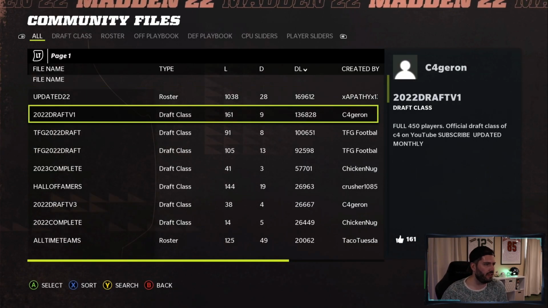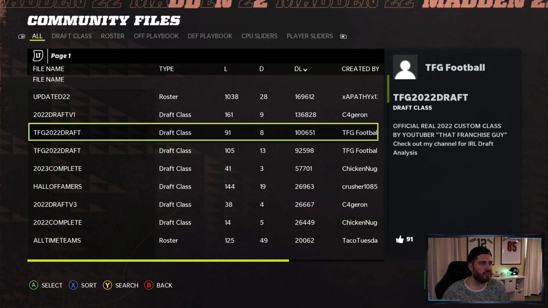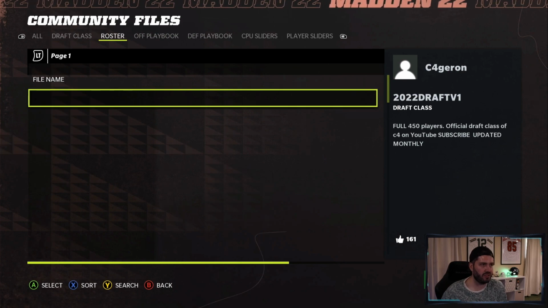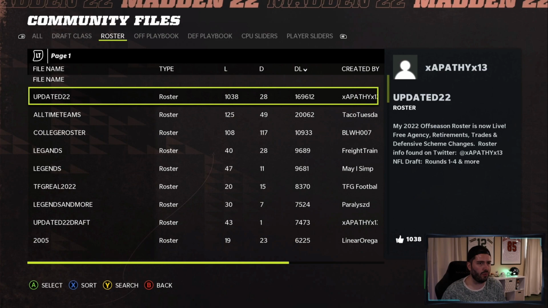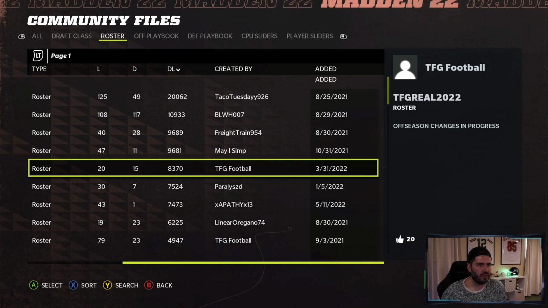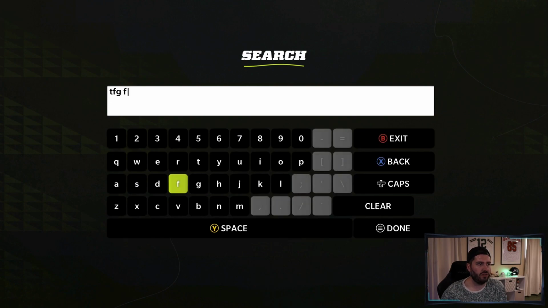Also very instrumental. So to get this bad boy, you will notice there's like 10 of these TFG football rosters. EA has had countless issues with the file share this year that I'm sure if you're watching this video, you are well aware of. So this is not quite as simple as just coming down to this one and grabbing this file. You actually are going to want to search by my gamer tag, TFG football,